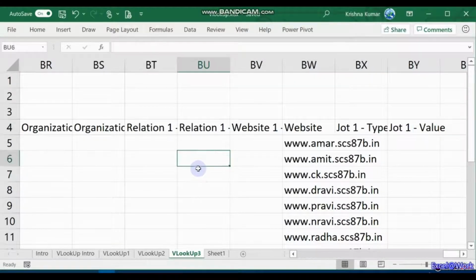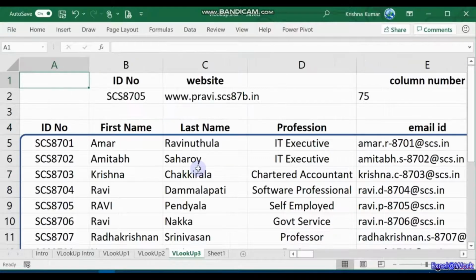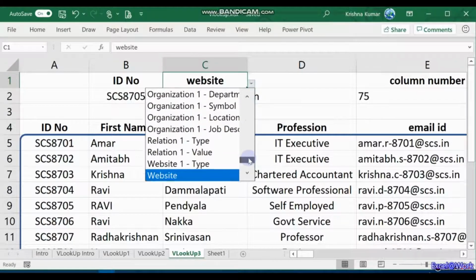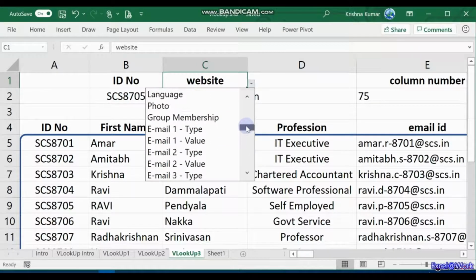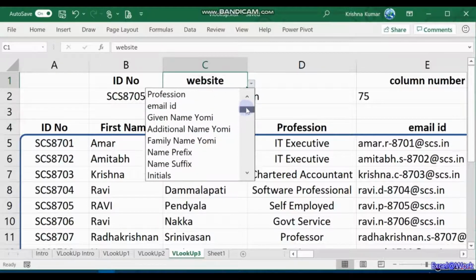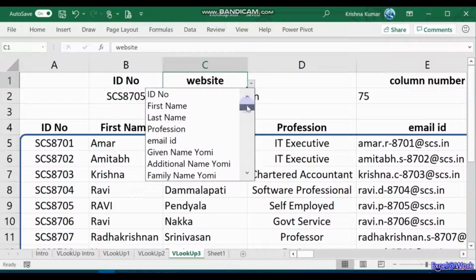What happens is that when you go to the particular cell, cell C1 normally looks normal, but when you go to the cell, you get a drop-down button here. You click it, and then you get the list of all data available, which you can select. All this data which is from A4 to BY4 comes here.